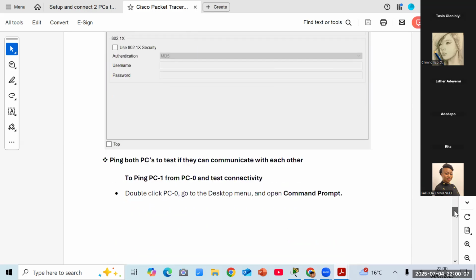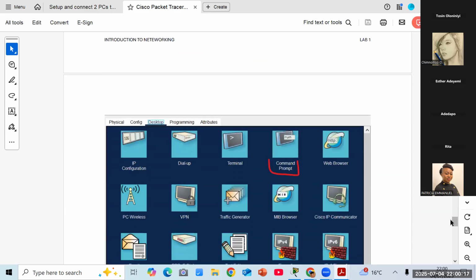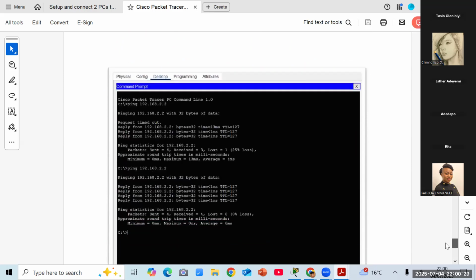And finally, we now need to test if they can communicate with each other. To do this, you go to your PC again. This time, you go to the Desktop tab like we did. Instead of going to IP Configuration, now you go to the Command Prompt to type your ping, and you ping the second PC. So you ping it and you wait for it to